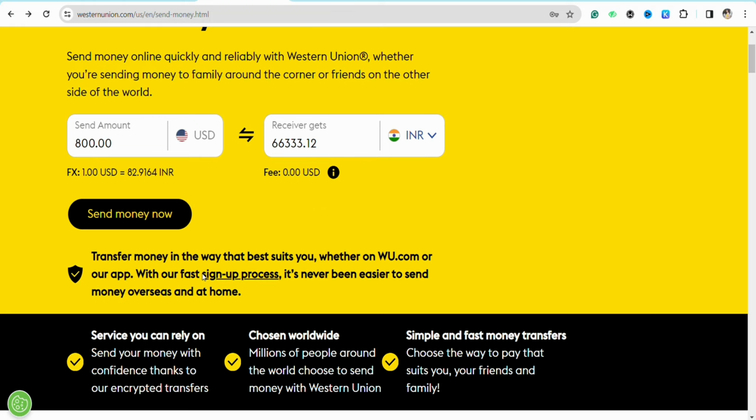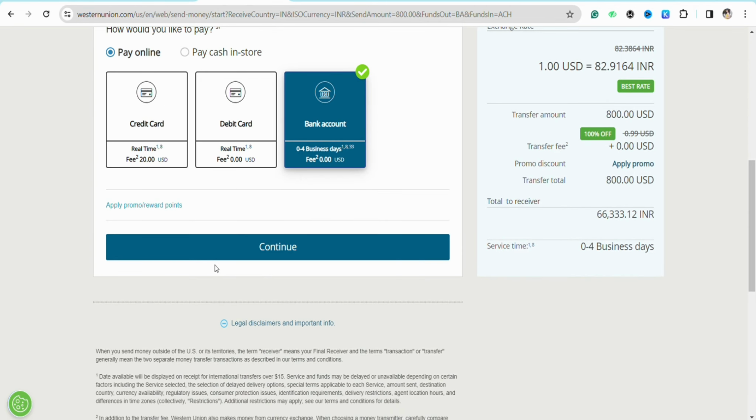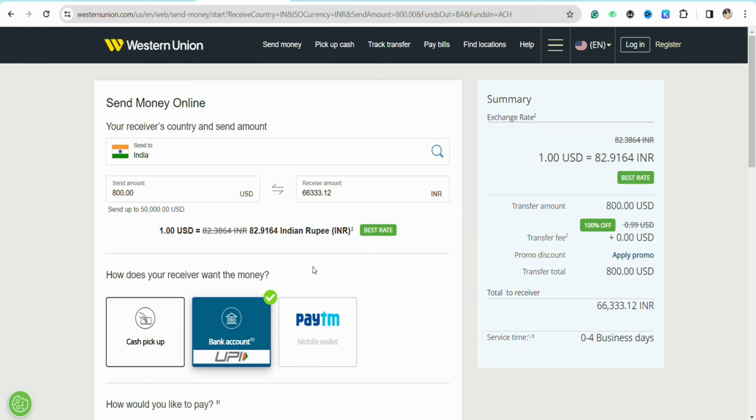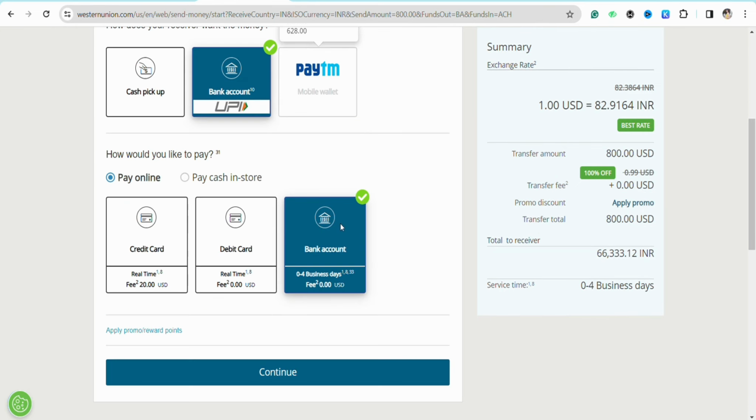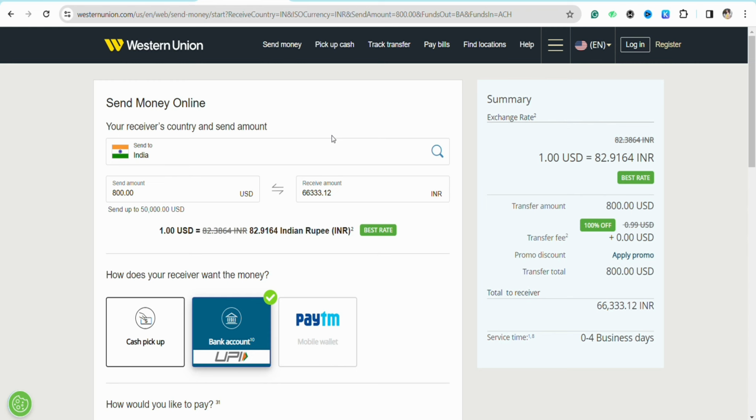But if you want to transfer the money to your PayPal account, when you click on send money now, on the next page you will not see any option to send money directly from your Western Union account to your PayPal account. As you can see, you only have the option of cash transfer, or through a bank account, or through a Paytm or any other wallet that they have in their country. So basically, as of now, there is no such option to send your money directly from your Western Union account